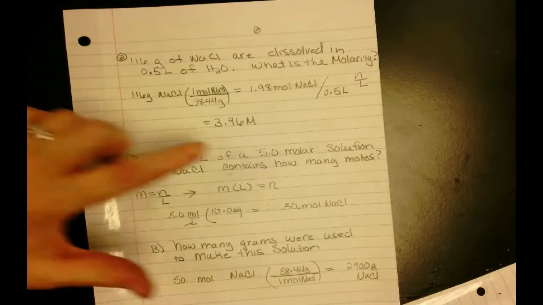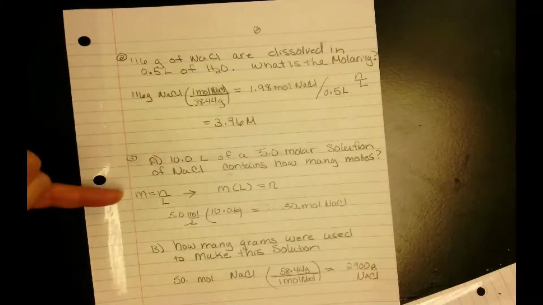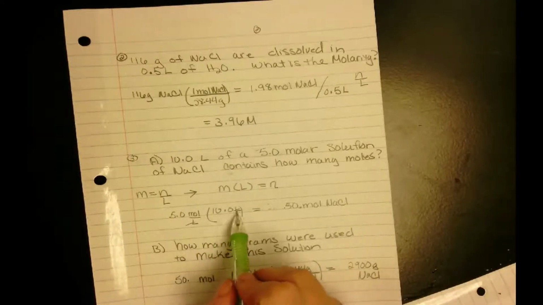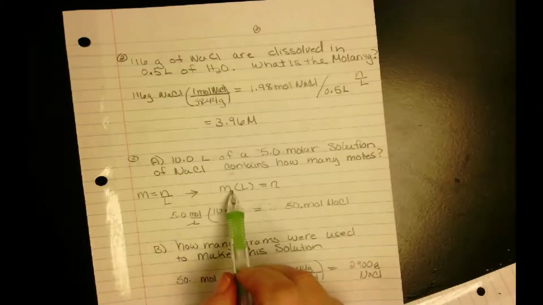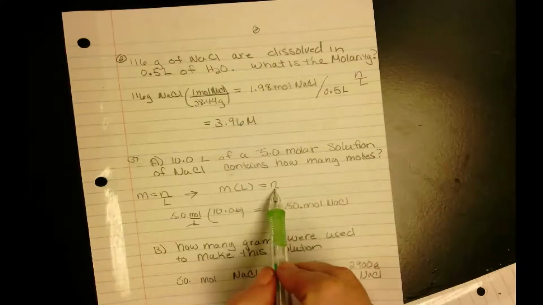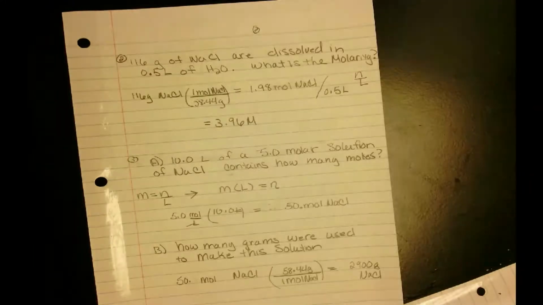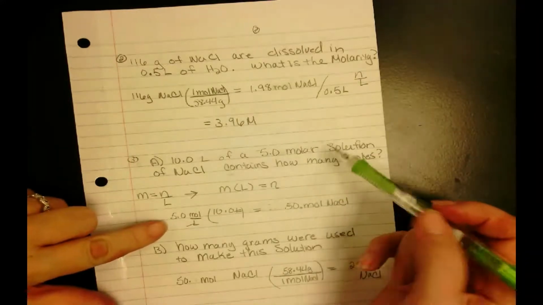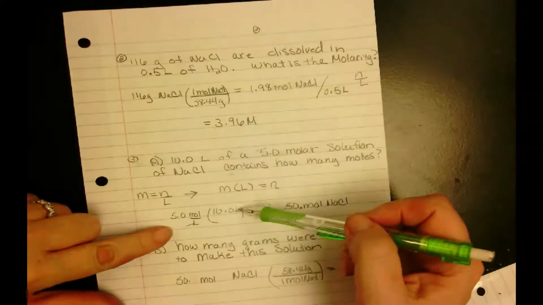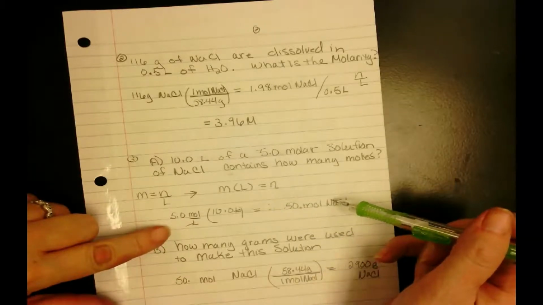10.0 liters of a 5 molar solution of sodium chloride contains how many moles? Well, moles is in our formula, okay? Or you can actually use dimensional analysis here, but when I rearrange the formula, it's molarity times liters equals moles. This is an important concept because if I know how many moles are in something, I can use stoichiometry. You're going to use this in your dilution equation. So I take my 5 moles per liter, which is my molarity, times my 10 liters,